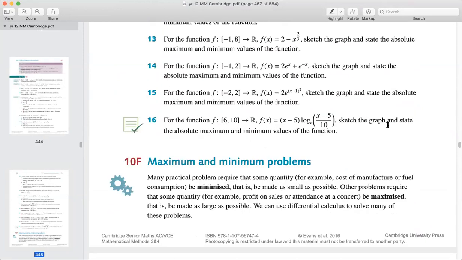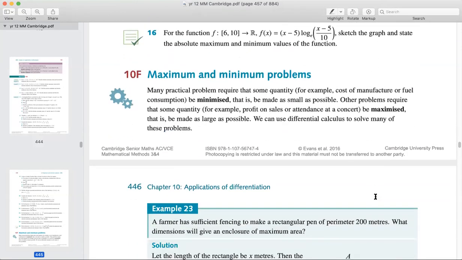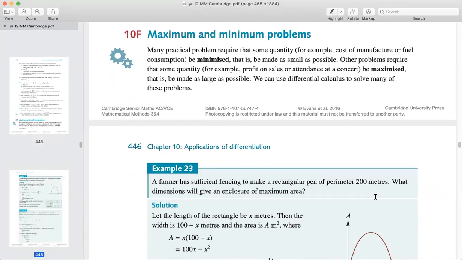So for this class, we essentially covered all the information we need for any problem, which is the stationary point, and determining the maximum and minimum. And for the next one, we're going to cover the maximum and minimum problems, or the practical ways to do it. Okay,